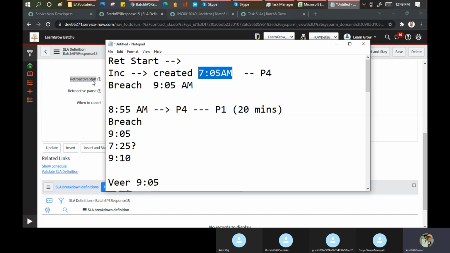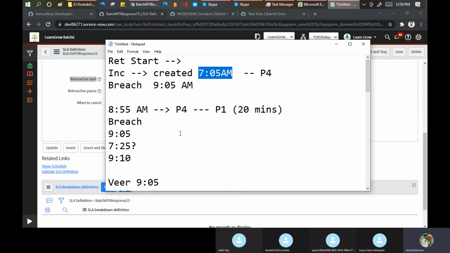Take Amazon: you order something and you get a message that the product will be delivered after 5 days. Will you bother that Amazon or that particular supplier shut down his business? It's a Diwali off, it is a New Year off, or my area is a containment zone or something. You're not bothered. For you, it is 5 days only. Whether they start the packaging on the last day or on day 1, that is the retroactive start you are following. You always say to customer care, boss, I booked this order 5 days back. Why is it not delivered? Sir, our office was shut down. Why should I bother? I placed the order 5 days back. I should get the order now only.